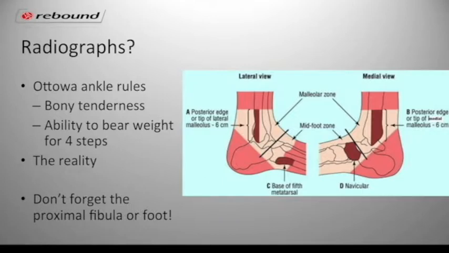So you've done your physical examination. What's the role of x-rays? Well, we get a lot of x-rays of ankles that are completely normal after an injury. And so up in Canada, where maybe they're a little more cost conscious than we are here, they established this technique called the Ottawa ankle rules. What this relies on is physical examination to determine if there's any bony tenderness. What they look at is the posterior edge of the fibula, the posterior edge of the distal tibia, as well as the fifth metatarsal or the navicular bone. Tenderness in any one of these positions